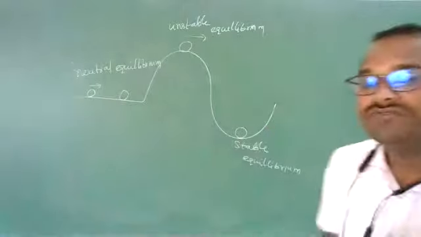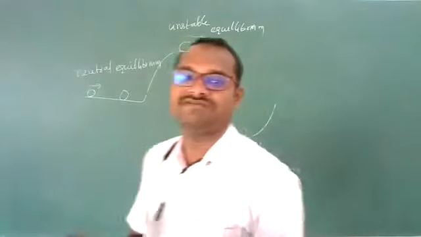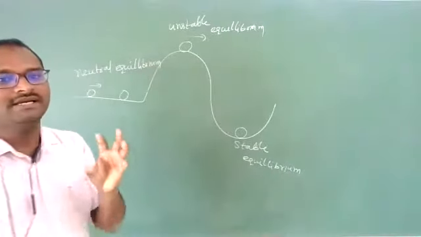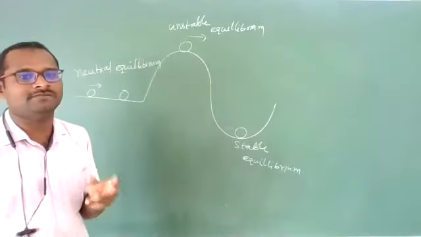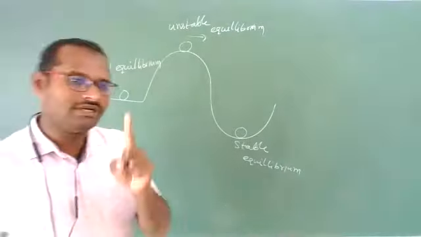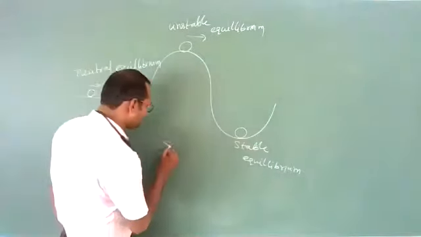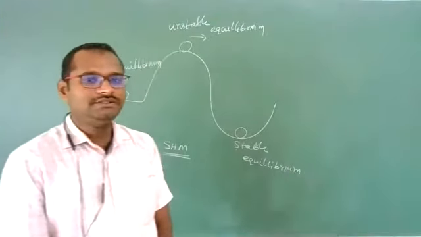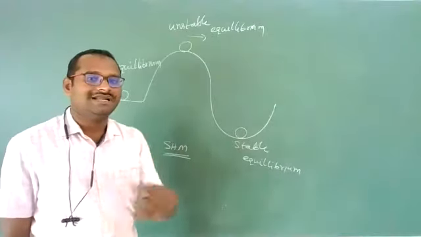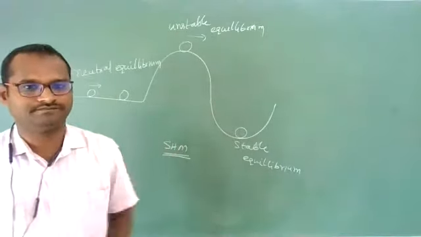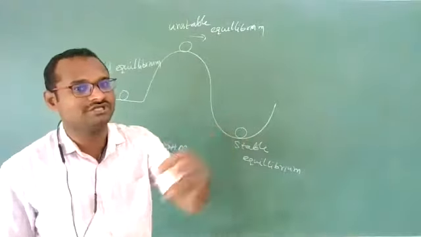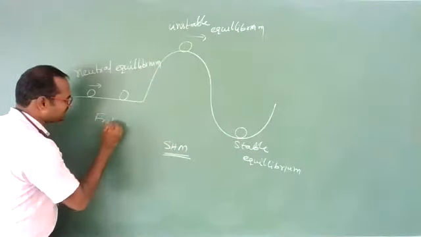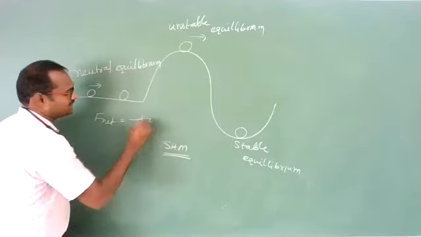Okay, clear students? Now we need to decide which object is in stable equilibrium, which charges. We are taking the same point A for charges, and we need to check which type of systems are in stable equilibrium, unstable equilibrium. And one important point here is, in the SHM chapter, simple harmonic motion, we have derived an equation for the time period of a simple harmonic oscillator, simple pendulum time period, or spring block system time period. There we have derived one thing: net force acting on an object is equal to minus kx we have written.